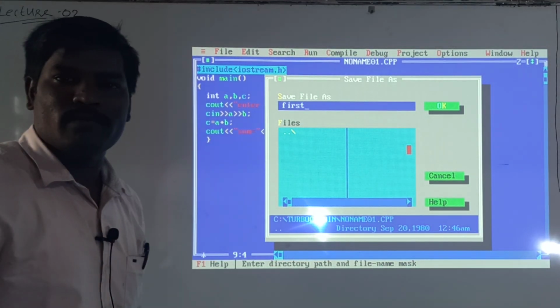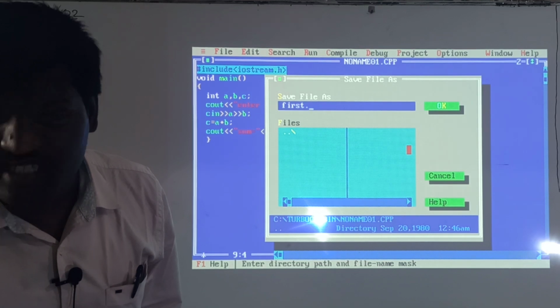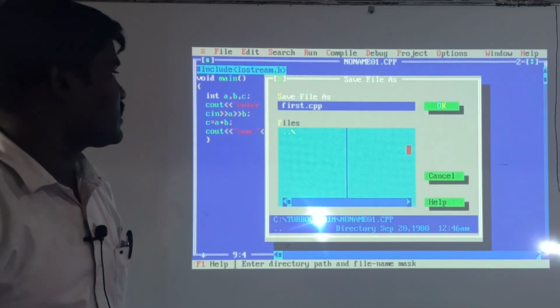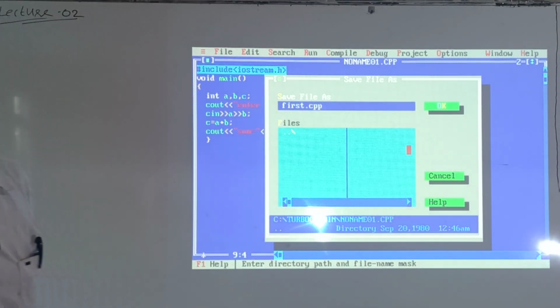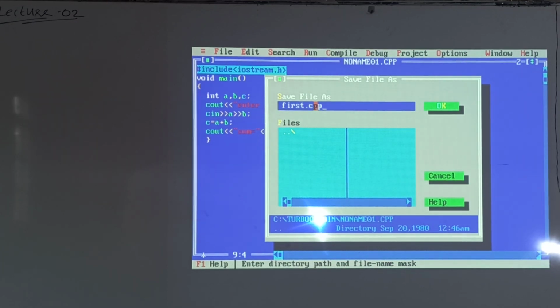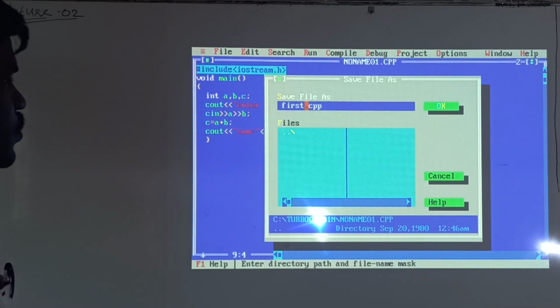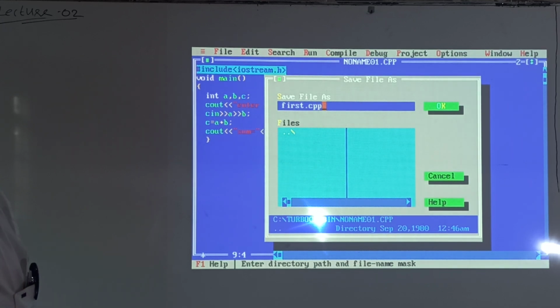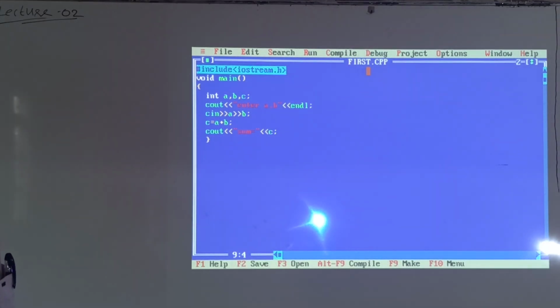After giving the name, you mention the extension, that is .cpp. See here, .cpp is the extension of a C++ program. Whatever name you give, after that put one dot and mention cpp. Next click on OK. Here the name will be changed.